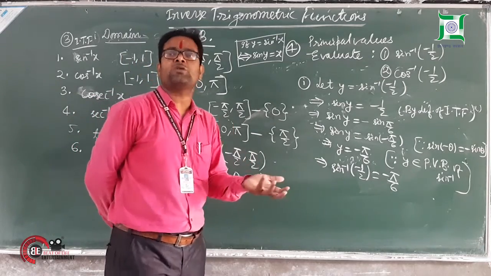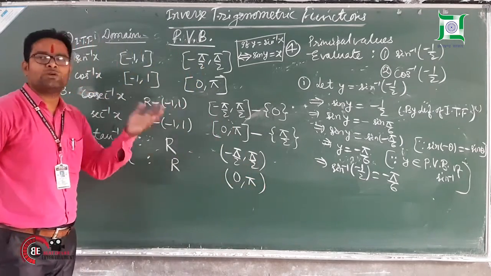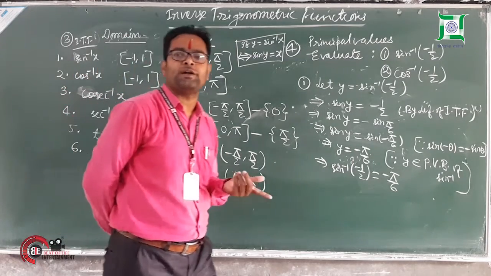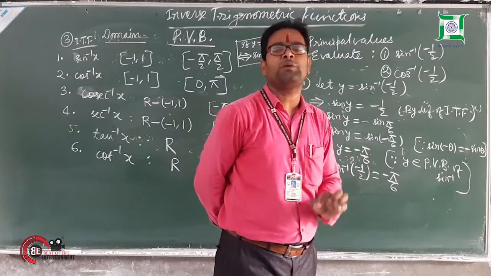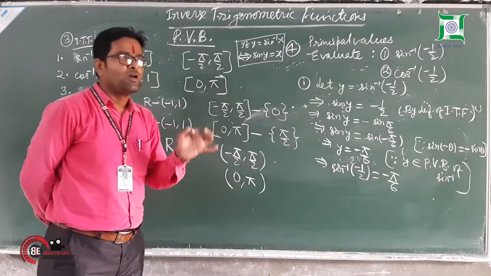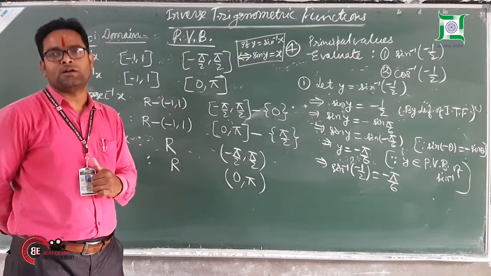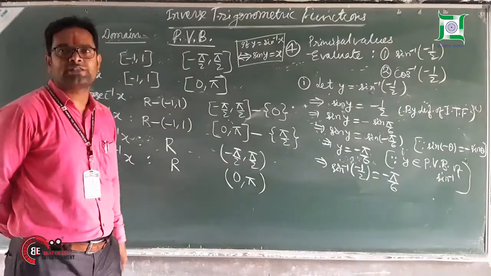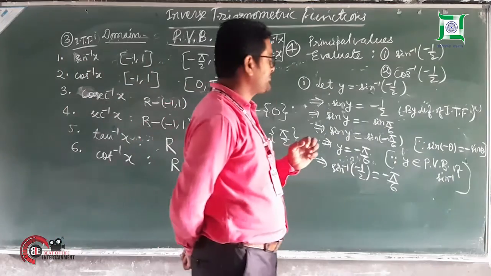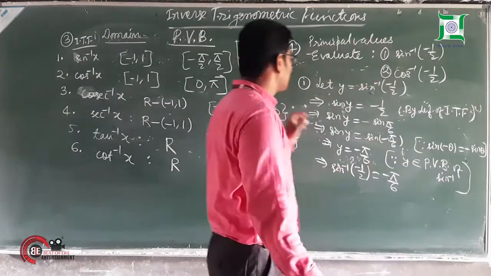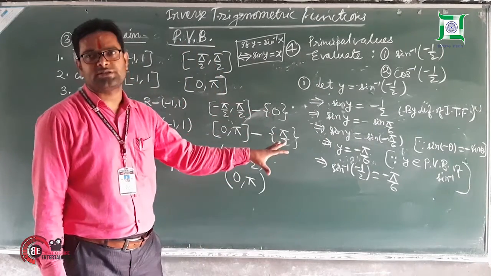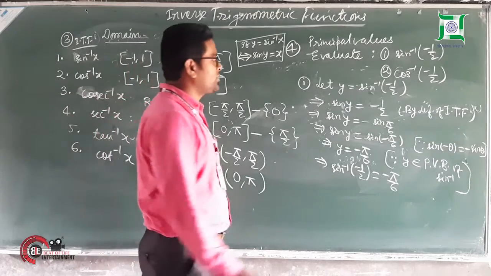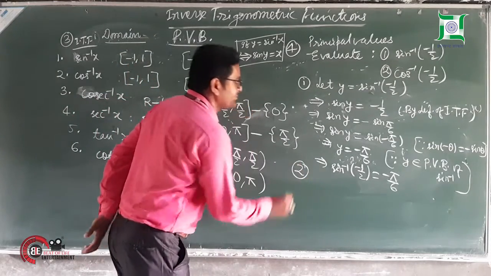Now you will ask me, sir, why second quadrant? Because if you convert into the third quadrant, then this 0 to pi category will not be satisfied. It will go beyond pi, and we cannot make them go beyond pi. So that's why we have to make changes so that they can be converted into the second quadrant. In this way we can easily visualize inverse trigonometric functions and find the principal value branch. Okay? So let us see the second question.